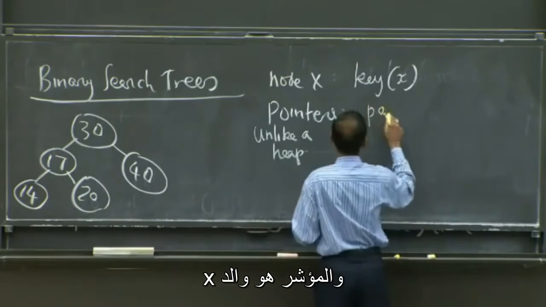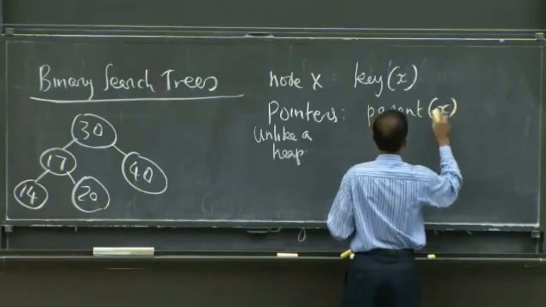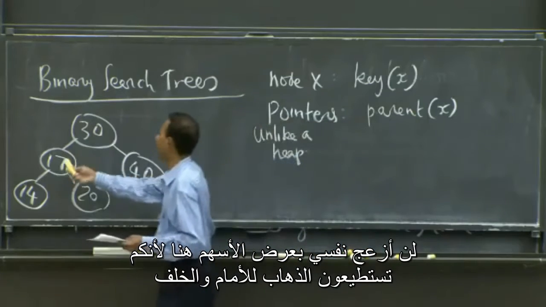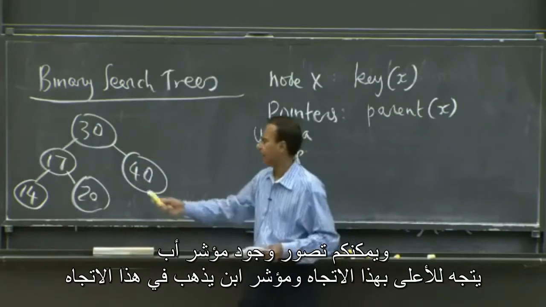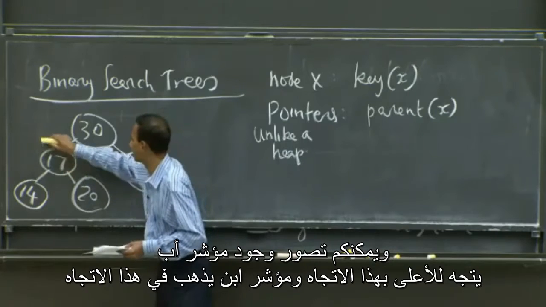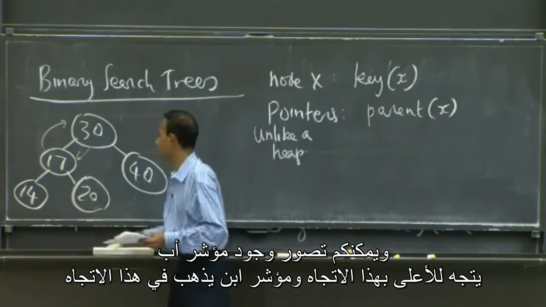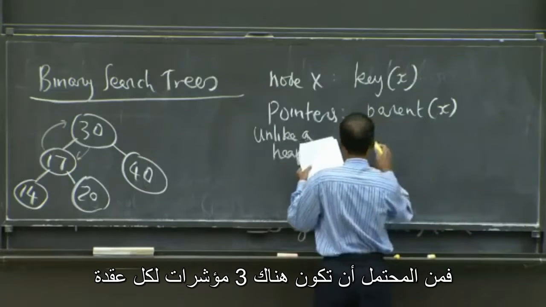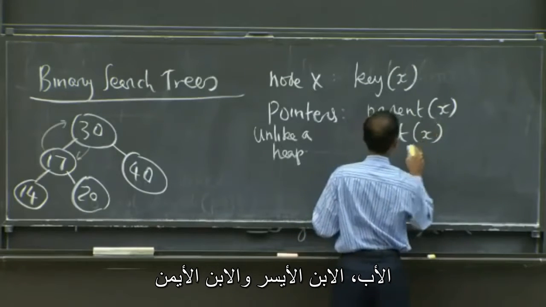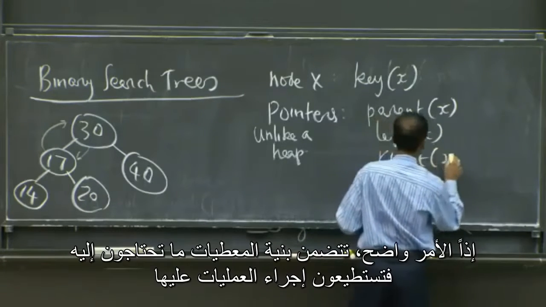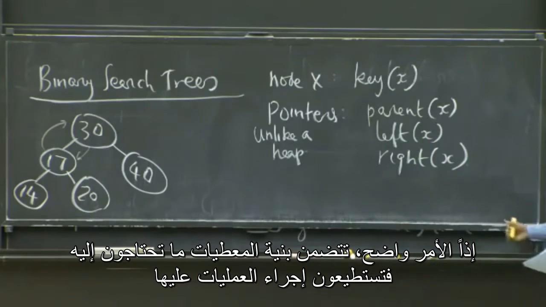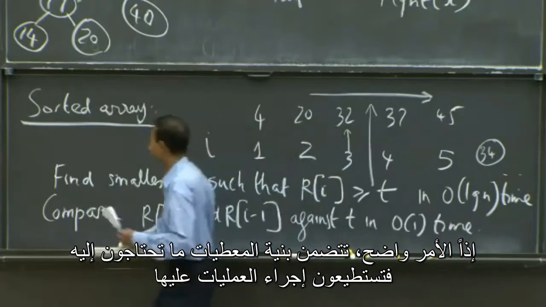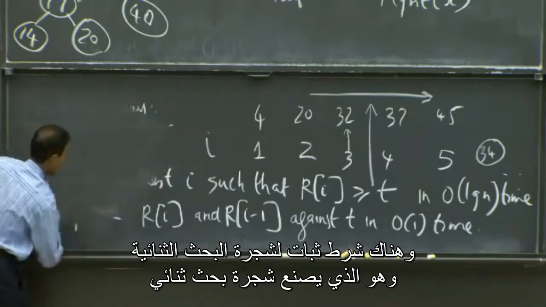And the pointers are parent of X. I haven't bothered showing the arrows here, because you could be going upwards or backwards. And you can imagine that you actually have a parent pointer that goes up this way, and you have a child pointer that goes this way. So there's really potentially 3 pointers for each node: the parent, the left child, and the right child. So pretty straightforward. That's the data structure in terms of what it needs to have so you can operate on it. And there's an invariant